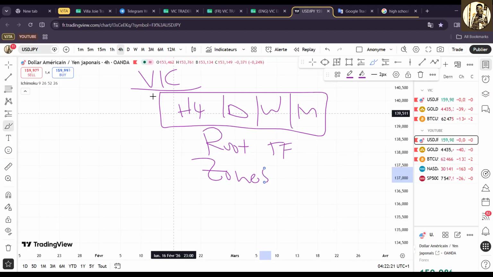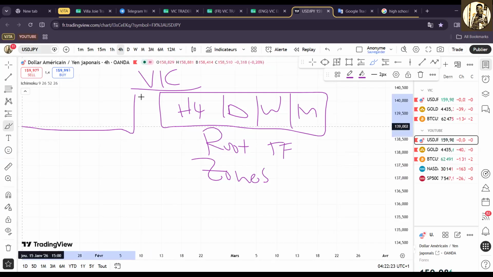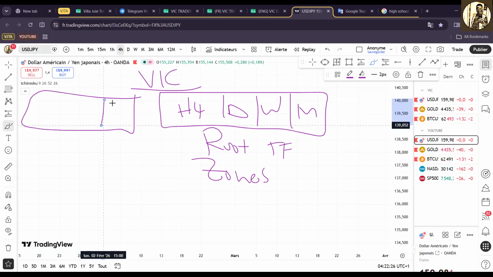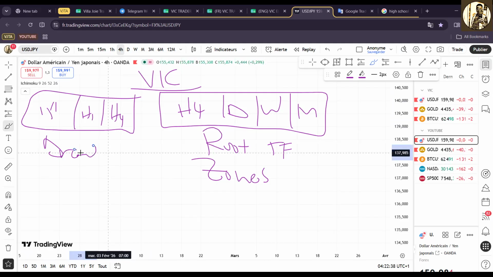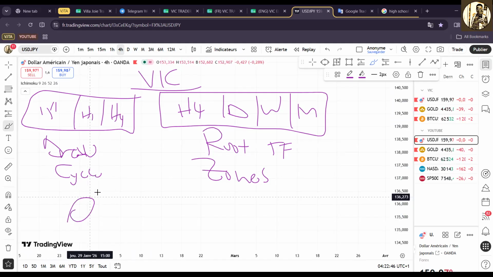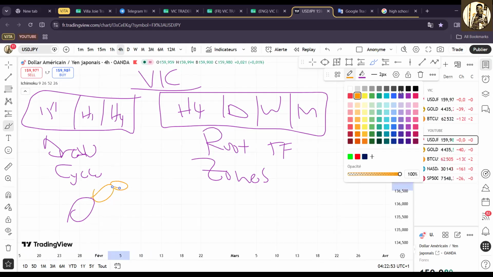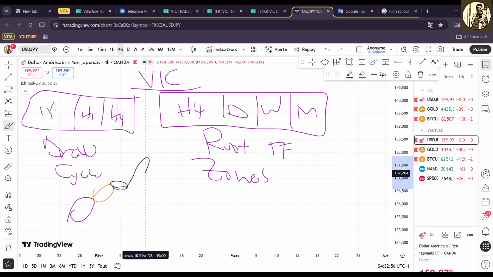So now, after that, you have the time frame where you draw the cycle. You start drawing the cycle from H4. There is also H1, and then there is 15 minutes. That's where you draw the Vjta Ichimoku cycle itself, like this: the origin, the reversal, the transition, the new trend,